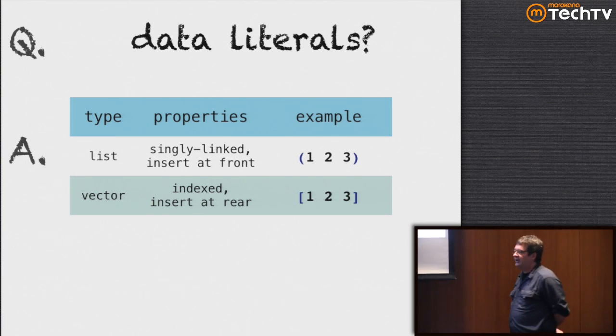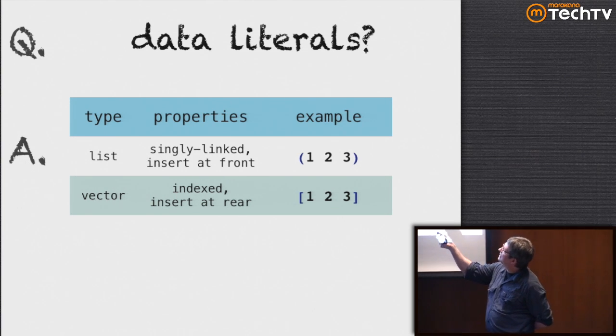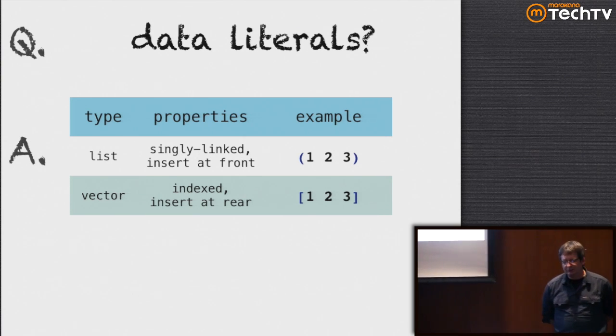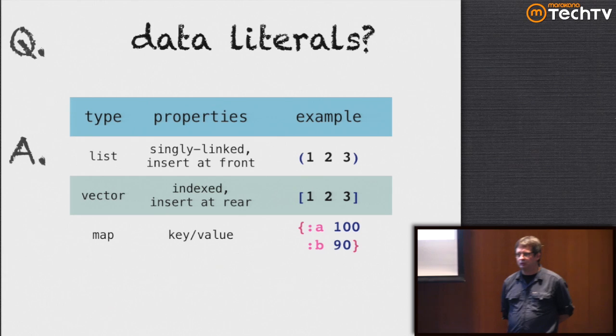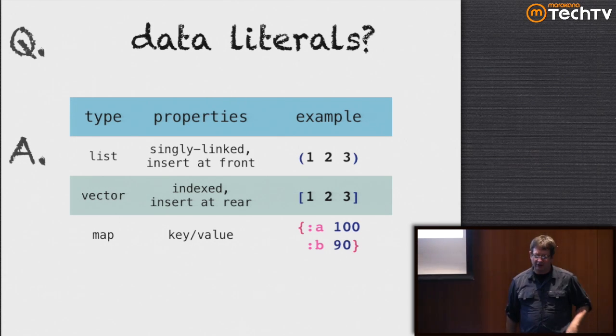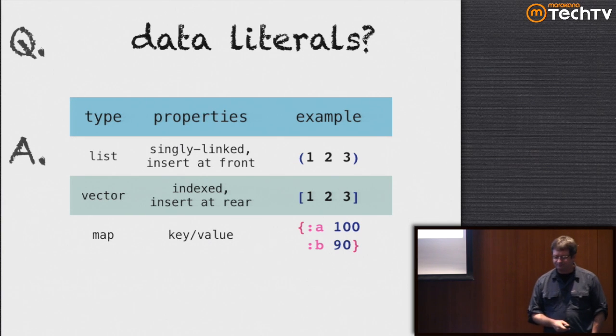He also introduced vectors with a square brace syntax to clean up the syntax for defining functions. He uses a vector instead of a list, and that actually gets rid of a really nasty set of internal parentheses that you'd like to get rid of. I'll show you an example of that in a second.